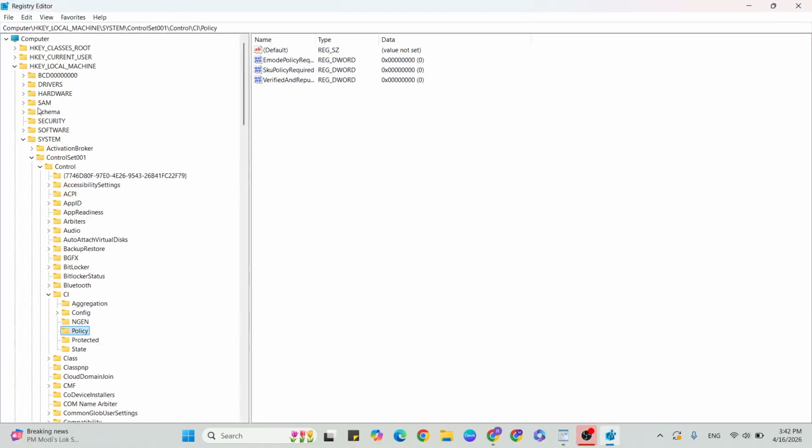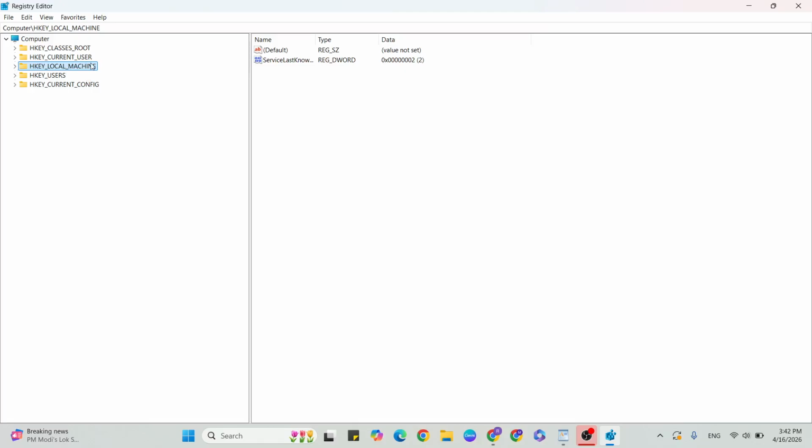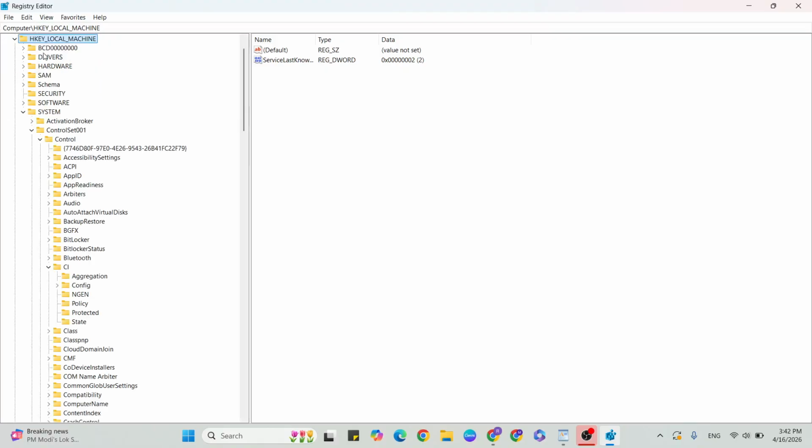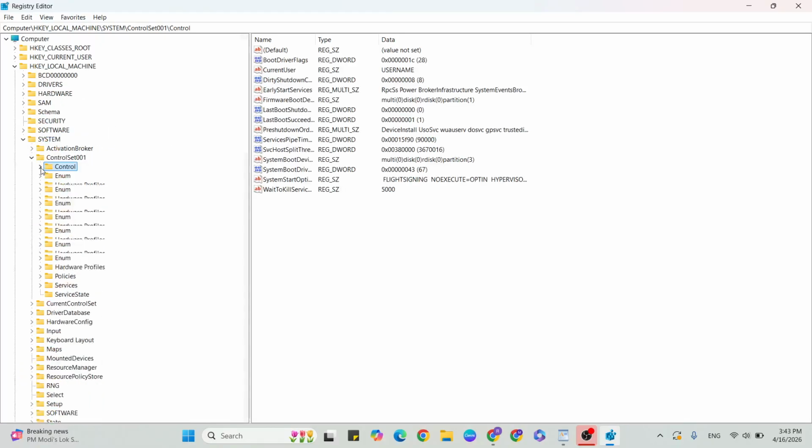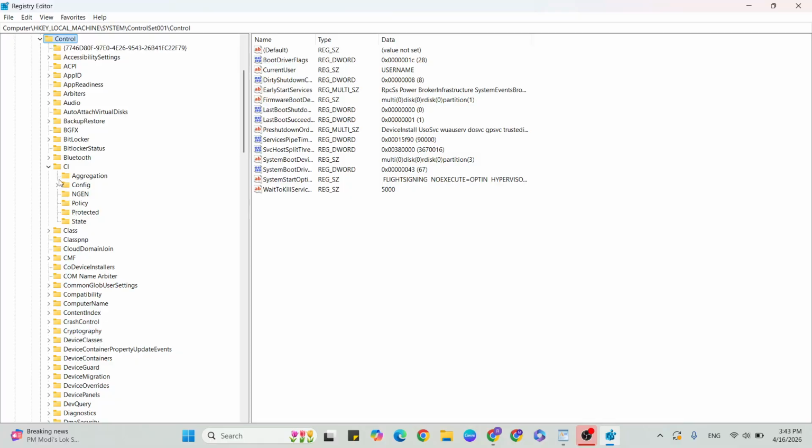Then we can go to Local Machine, just click on it and expand this arrow. After that, we can expand System. Then after that, again expand ControlSet, in System. Then again expand Control. After that, come to here, then you can expand CI. After that, you can select